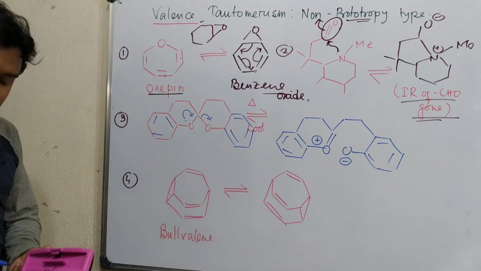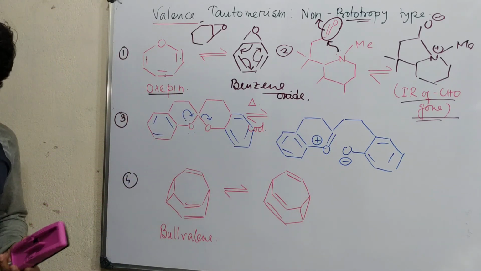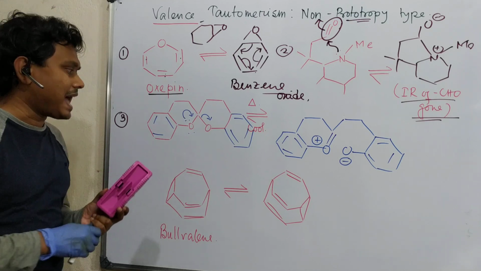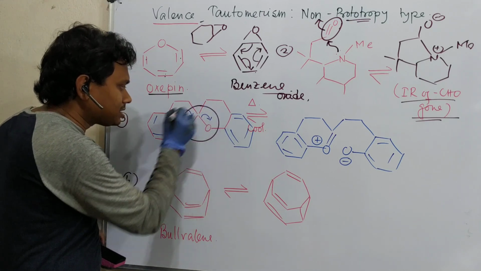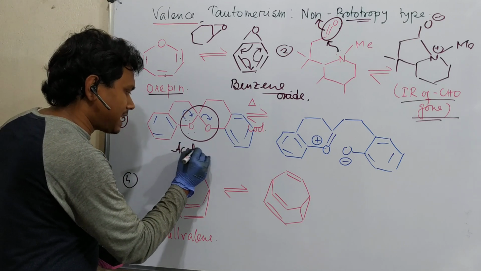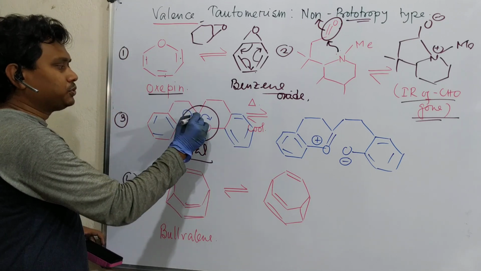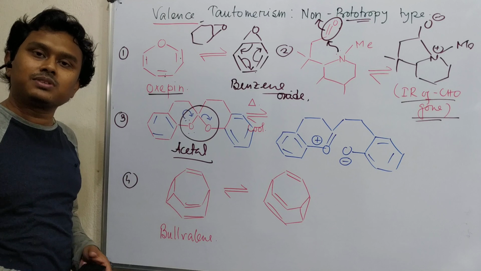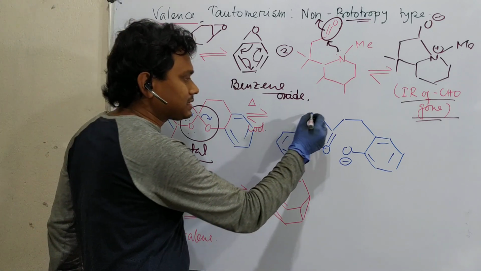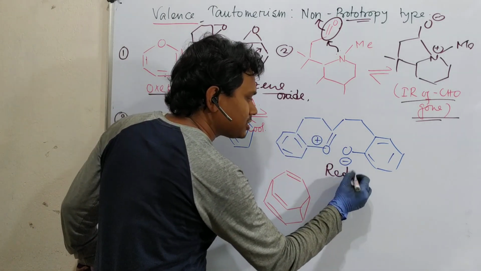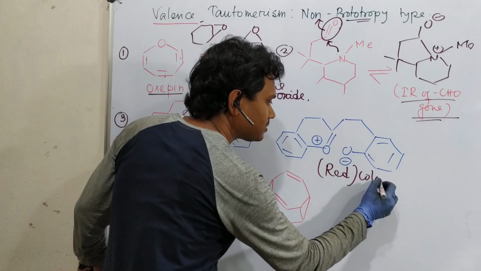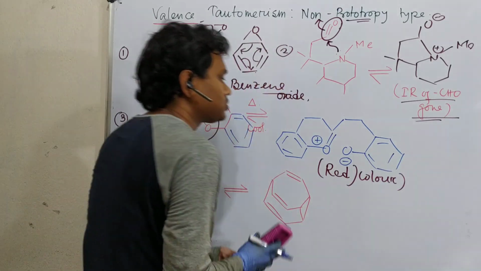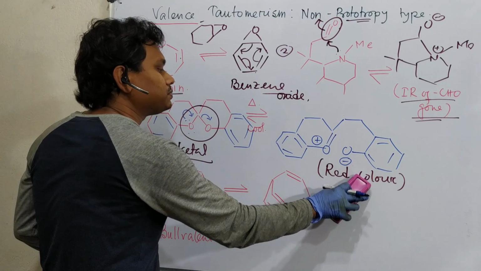Actually you can consider this is an acetal. Okay, this is nothing but an acetal. See this, look at this portion. This is acetal. So it pushes, it opens up. It's simple chemistry, you know. And this thing is actually responsible for the red color. Okay, so this is another example of this.